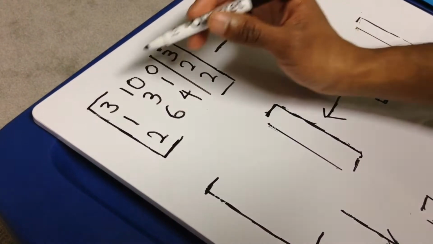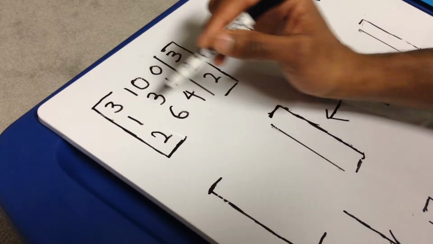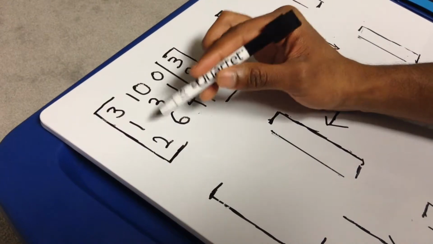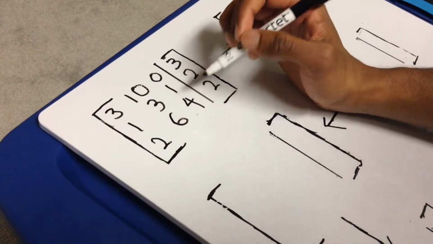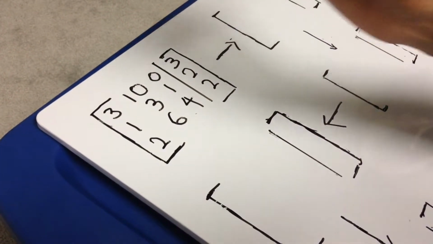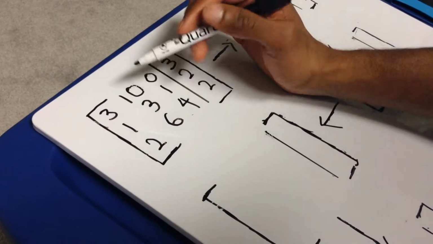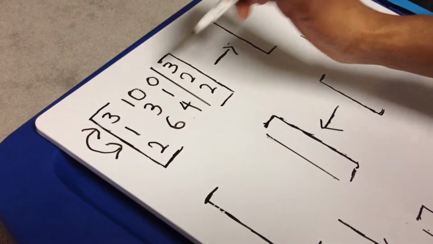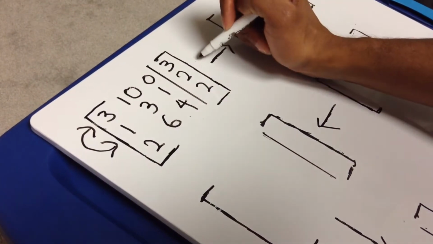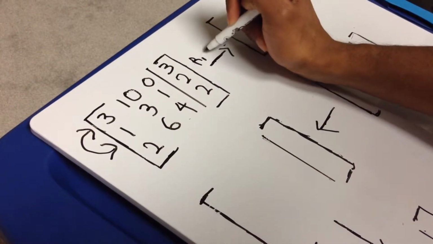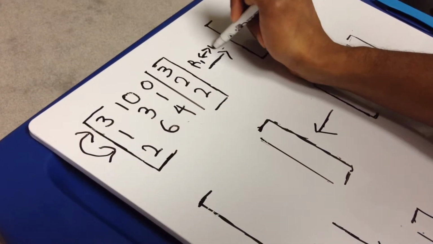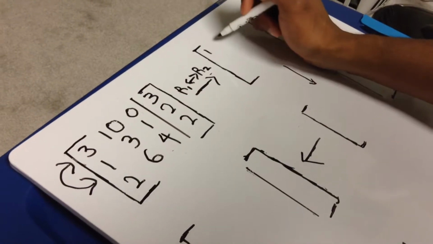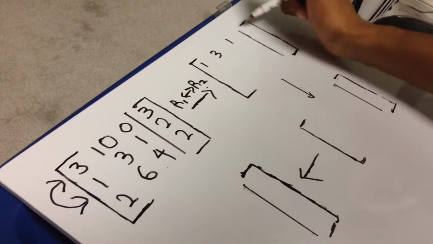But the goal is to get a 1 here, a 1 here, and a 1 here, and zeros underneath this. Okay? So, one operation you could do, it's the first one I'm going to do personally, like I said, you could do any operation, is I'm going to swap these 2 rows. So I'm going to switch row 1 with row 2, and that's going to give me 1, 3, 1, 2,